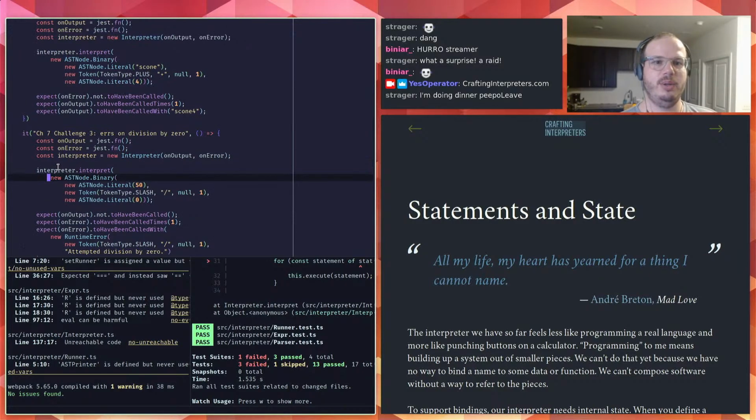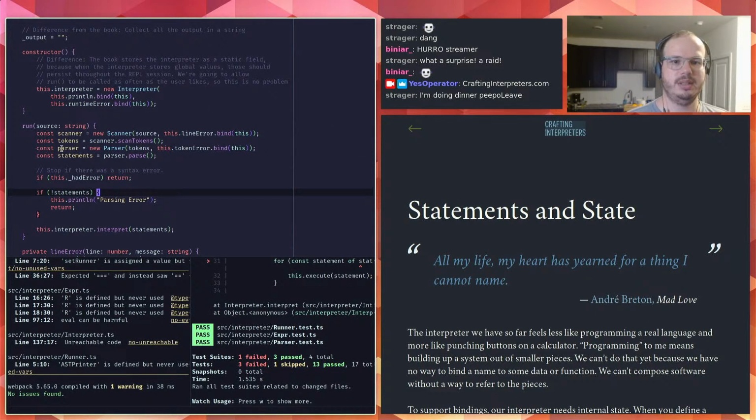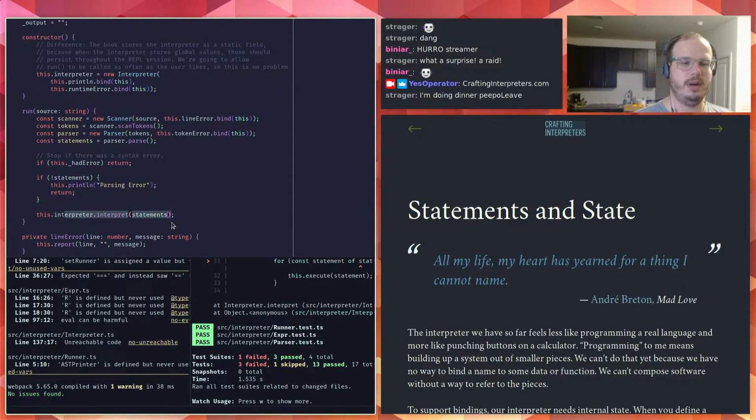So we basically need to do the same transformation that we did to the result of the tests for my parser to the input of the tests for my interpreter tests, because that's the connection point there. Like I can show you in the runner, it literally goes, take the output of the parser here, which is a bunch of statements, and throw them in the interpreter.